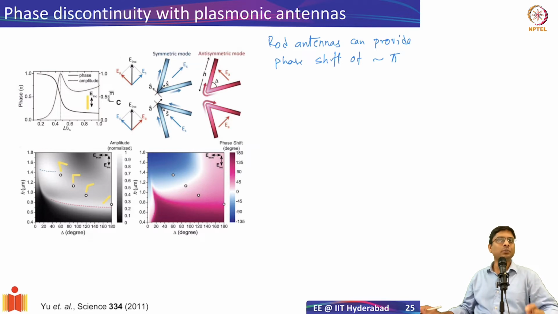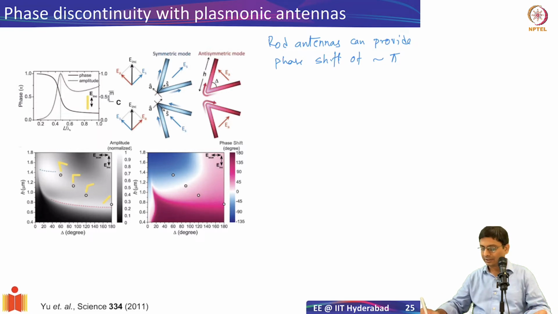Because if you want to control from 0 to 2 pi, we need the entire gamut, right? So how do we achieve that? It turns out Kapas's group again proposed the antenna. They introduced these V antennas, which are essentially, instead of a rod antenna, I'll bend it, okay? And the length of the antenna and the angle with which it bends,